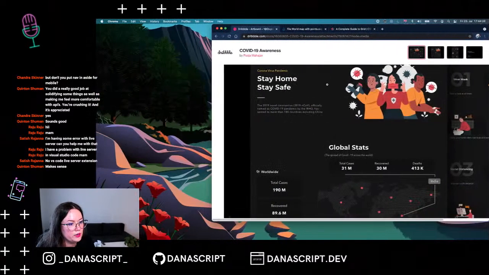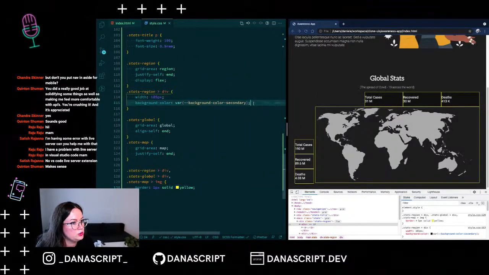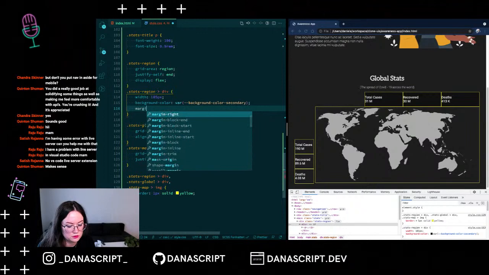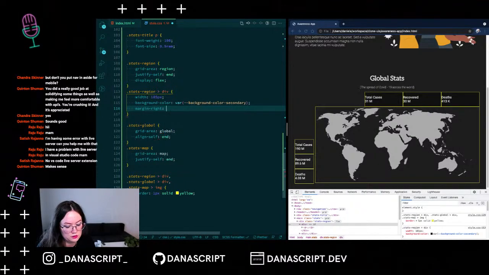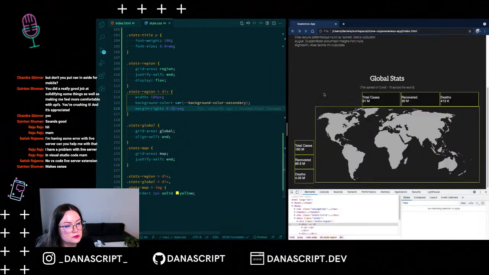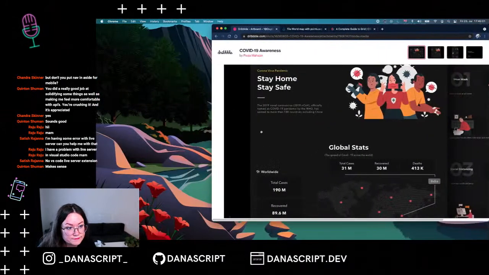Then what else do we have? We have a little gap between them, so let's maybe add margin. Let's put 0.5 rem, like a very tiny one, just for a little bit. Yeah, even that is probably too big. Let's do 25. Cool. And then we also saw that these ones, so the first child and the last child, have rounded corners